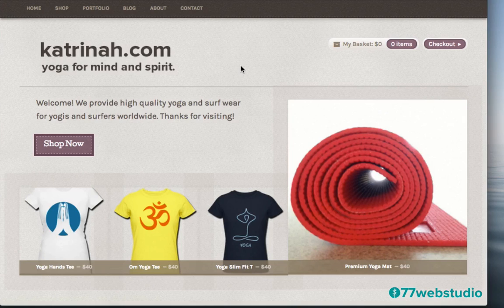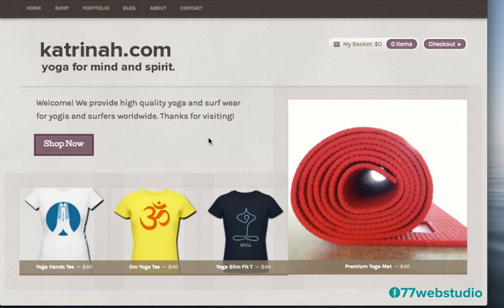So let's take a quick tour around the WordPress website that we'll be building in this video. So once again, here at the top, you'll have your menu navigation area. Then on the left-hand side in the header, you'll have either your website name and a tagline or a logo. You'll have your shopping cart features here on the right-hand side, some calls to action to check out. Then on this particular theme, you'll have one or two sentences, maybe 3 sentences worth. You can add a short description of what your website's about, and you can add a button here, call to action, whatever that may be, and I'll show you how to do that in this video.